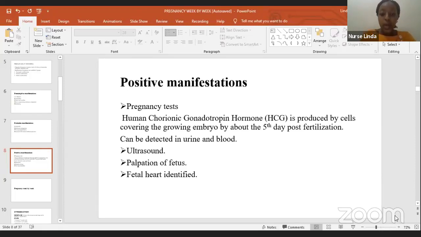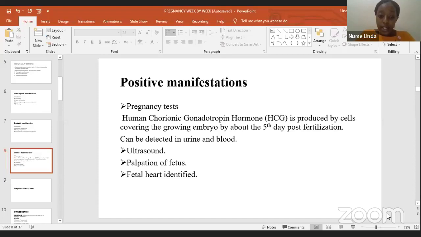pregnancy tests. One is an ultrasound. An ultrasound is one confirmative way of confirming a pregnancy. Through an ultrasound, you're able to visualize the fetus. And so this one cannot lie to you whether a woman is pregnant or not, because if there's a fetus, you will definitely be able to see it. Unlike the pregnancy test that could have a positive HCG, and then it turns out to be a molar pregnancy. And there are also some other reproductive system tumors that could lead to a woman producing HCG. So we cannot fully rely on the HCG test to confirm a pregnancy.